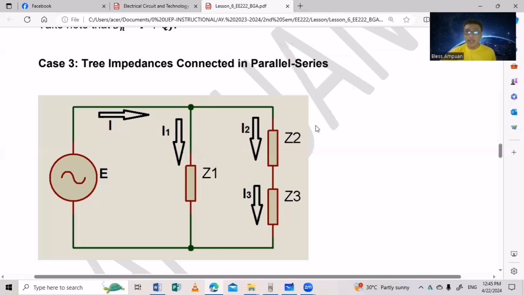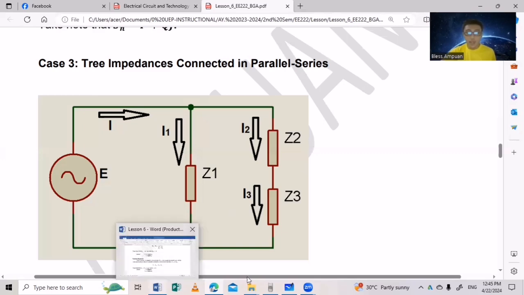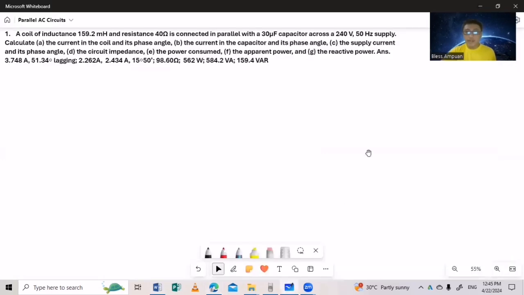So just apply the parallel and series. So it depends on the circuit. Okay, so for our first example in this topic, we are having now